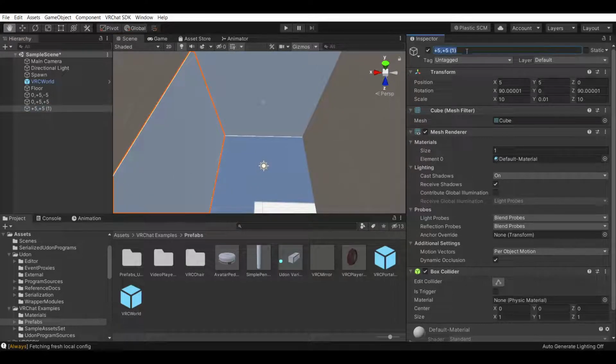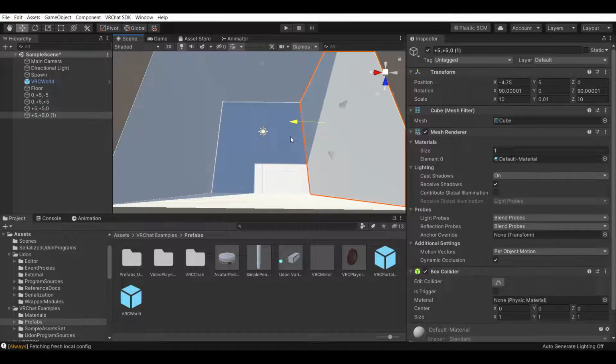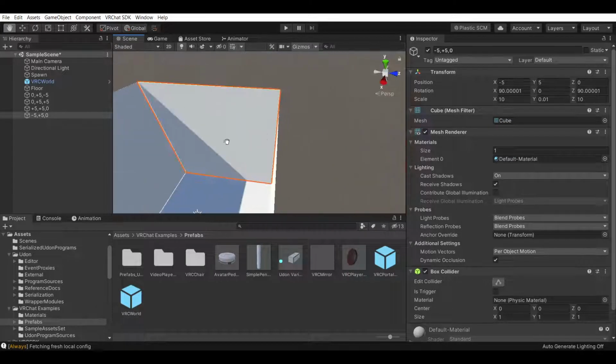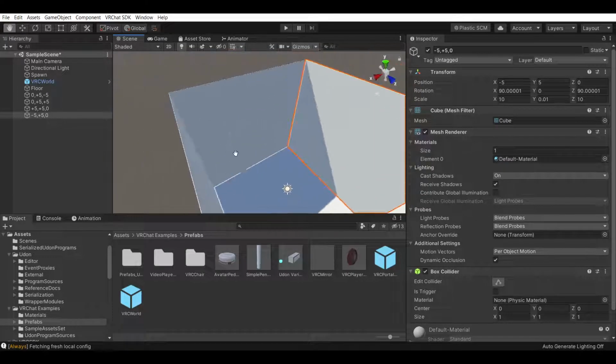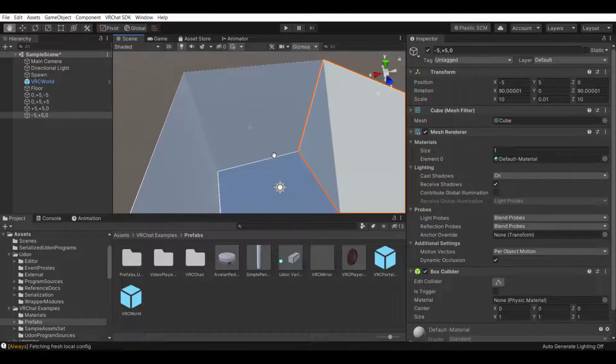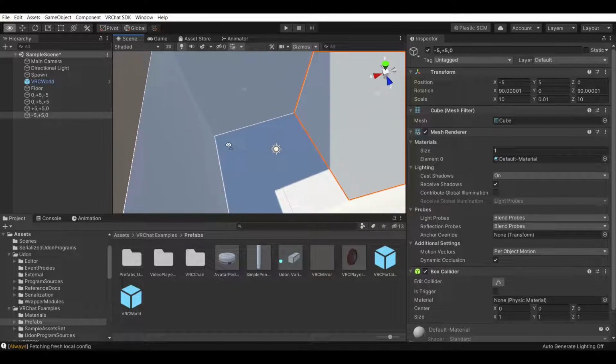Now this one is +5, +5, 0. And then I'm going to duplicate it, and I'm going to move it over to -5, +5, 0. Doesn't matter what you name them, just as long as you remember what stuff is where. And I'm actually going to leave this roofless because the ambient lighting is really all you need. You can add skyboxes and such,